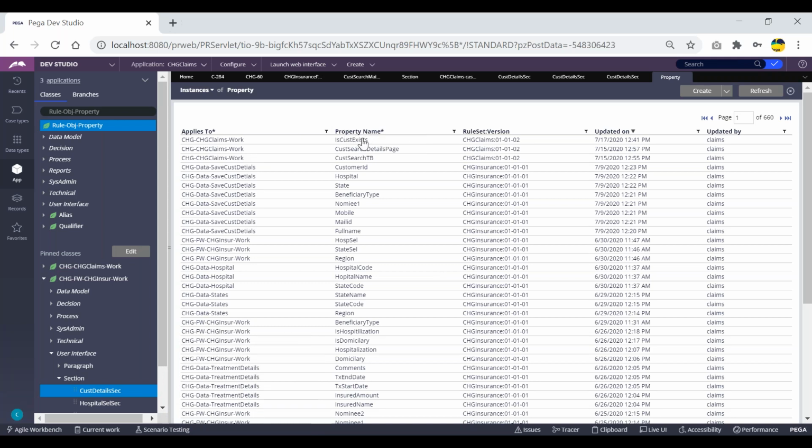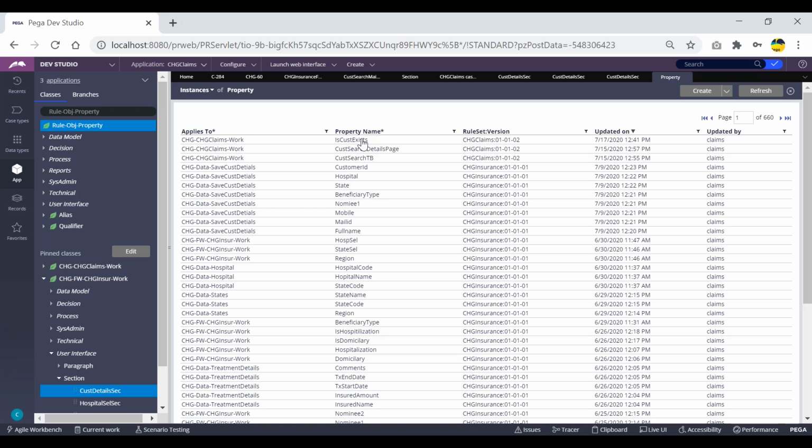And the main thing is we need not go to the database table at any time. All the time we can do it from the PRPC only. So if I can get the PZDNS key of anything, then I can easily identify its instance class also. So if I'm getting the PZDNS key of the activity, then based on the PZDNS key of that particular activity rule, I can identify the instance class.